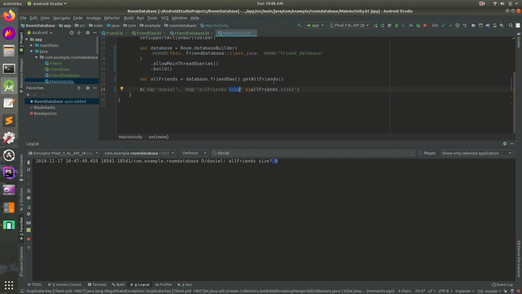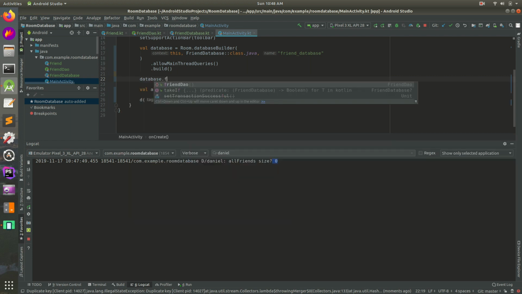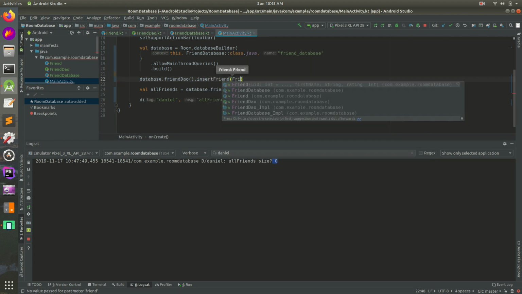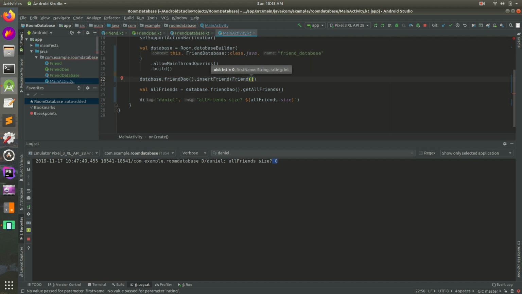Let's fix that. Go to main activity. Let's do this. That's above, so above all friends, let's do this. Let's do database.friend.insert. And instead of here, we'll insert a friend. We'll do friend. We'll do first name equals Daniel. And what's the other one? Press Control P. Did I give it a rating by default? I think we can do rating equals 10 because I'm a good